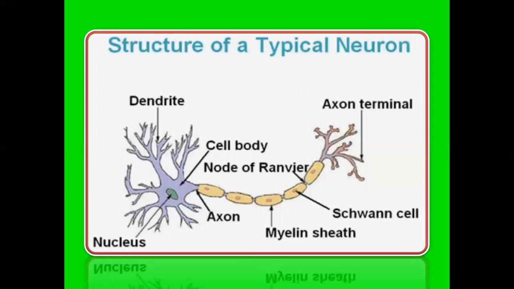This jumping impulse, or nerve impulse, is called saltatory impulses. So in this way, the myelin sheath increases the speed of the nerve impulse. Is it clear? Now let's see